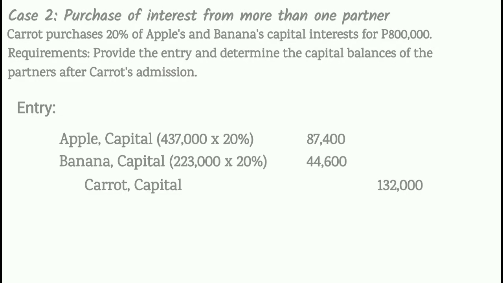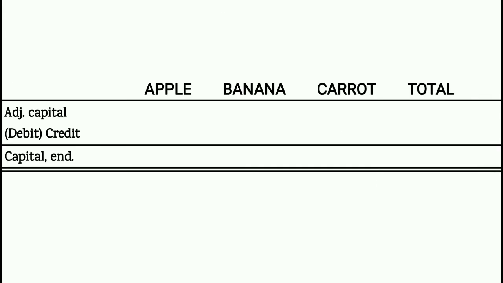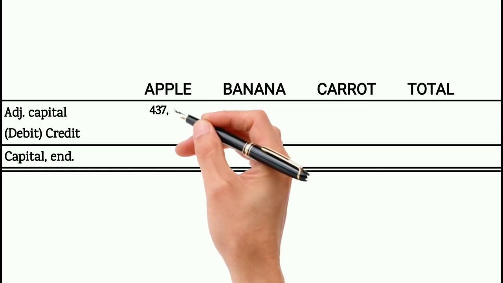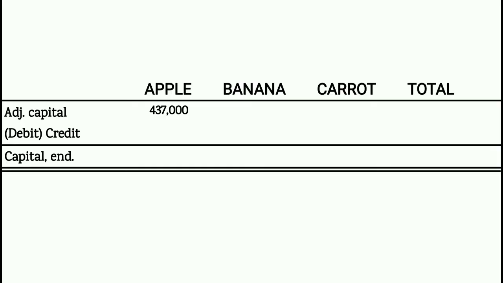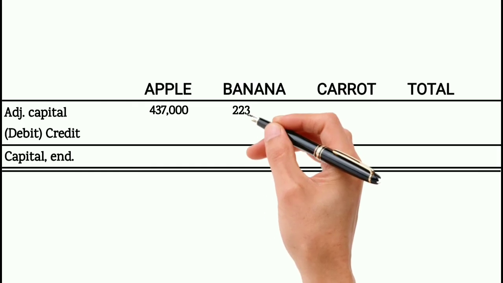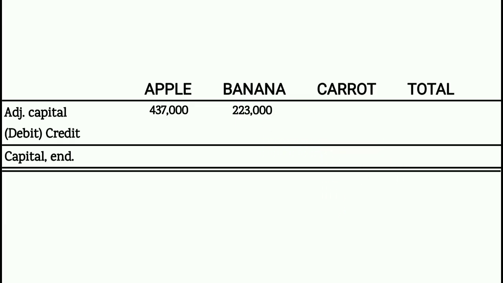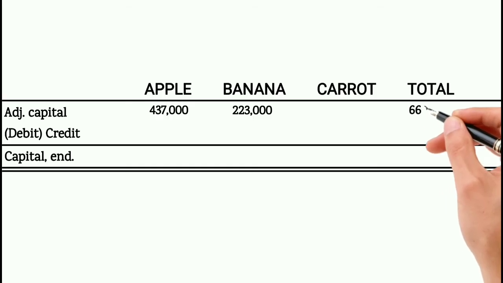pesos. Next, let's compute the capital balances of the partners after Carrot's admission. In other words, we compute here the ending capital. The adjusted capital before admission of Apple is 437,000 pesos. The adjusted capital before admission of Banana is 223,000 pesos. All in all, that is equal to 660,000